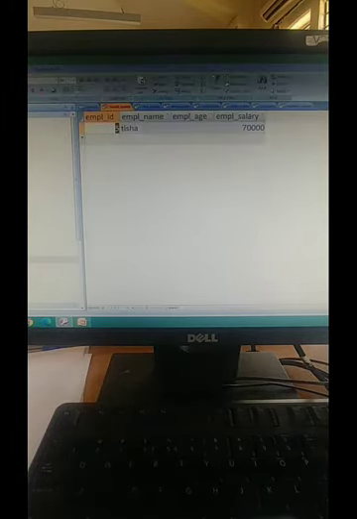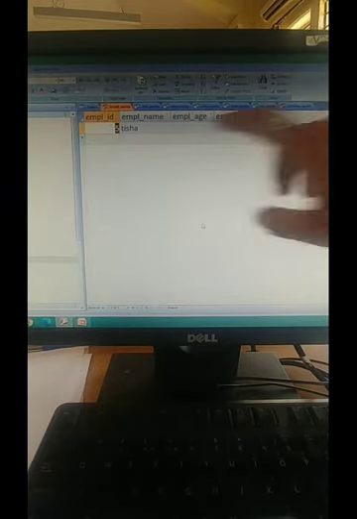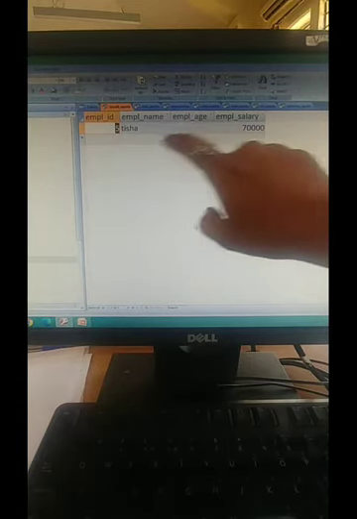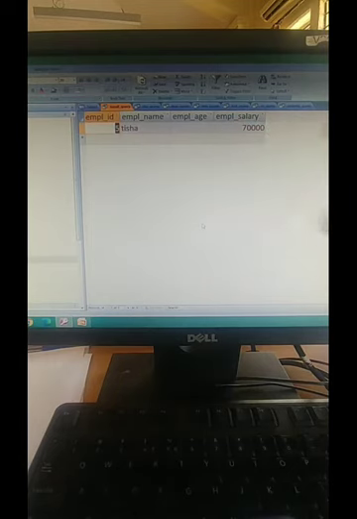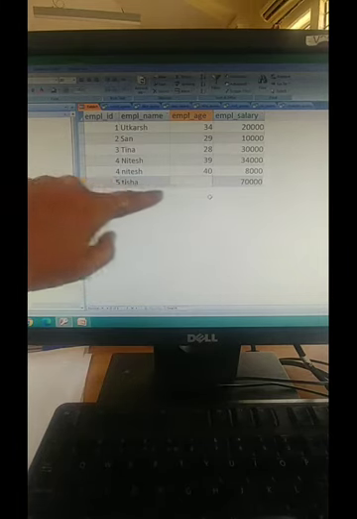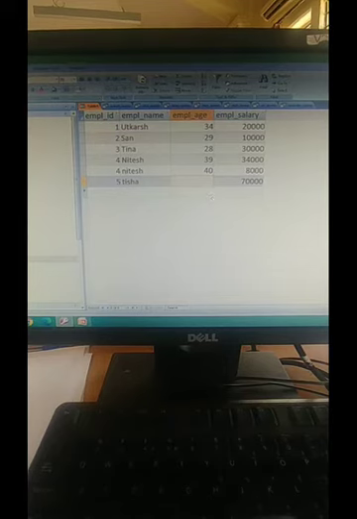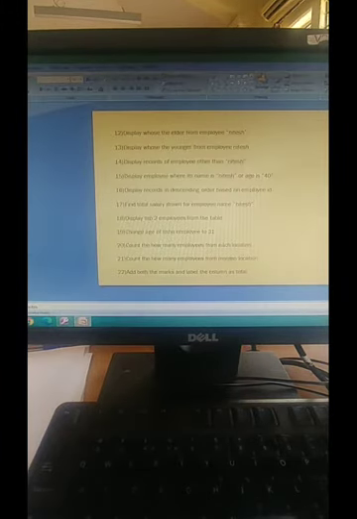I'll run the query. I'm getting this blank record because only one blank record for employee age is there, so that's why I'm getting only this record. I'll show you the table. See, only one blank record is there, so that's why I'm getting only this as the output, Tisha. Okay, next question.